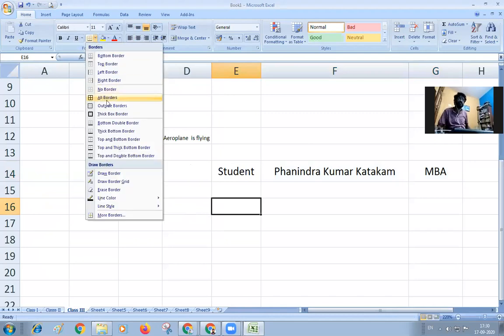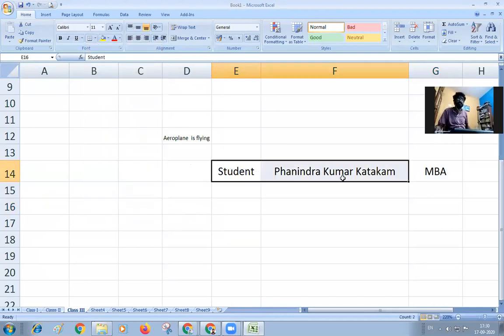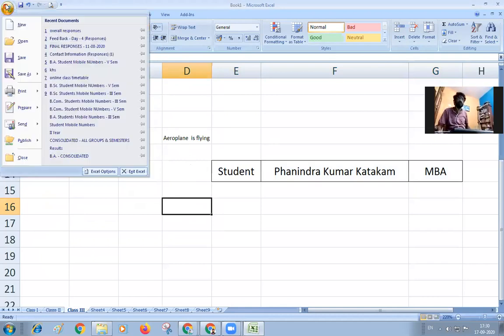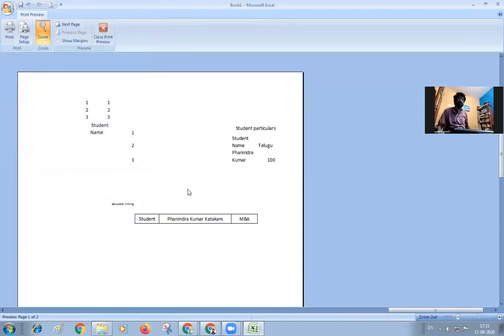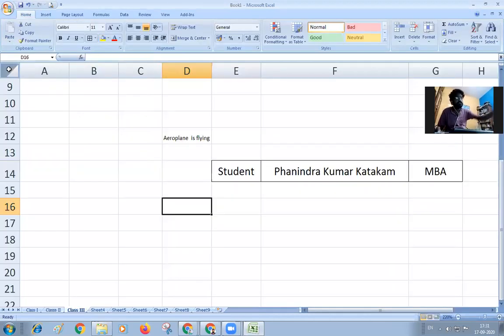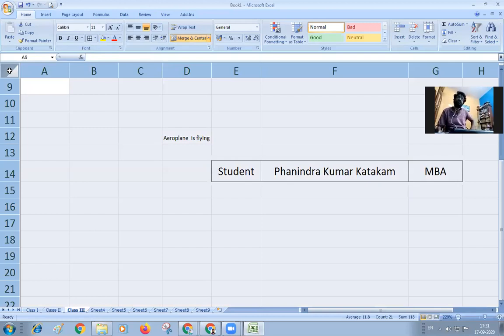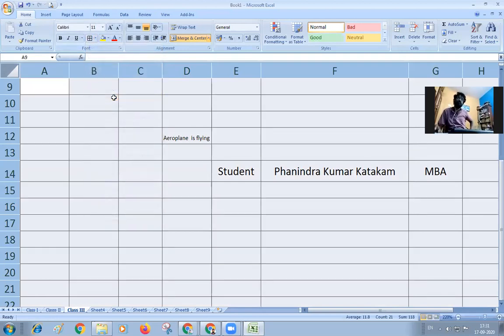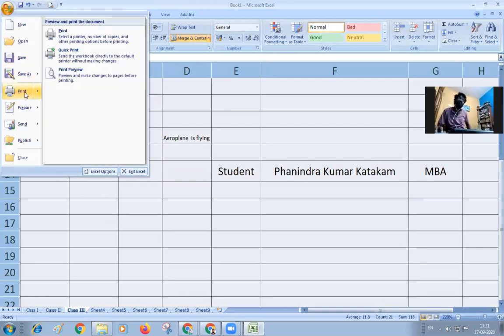Either you can also go from here. All borders. Select the text first, click here, you have the borders option and all borders. You have got the borders here. You can see in the print preview the borders are there. If you want to apply the same for all the text, directly click on this button. You can see this tab, semi half circle, right angle triangle, circle. Click on this one, and the whole spreadsheet will be selected. Then click on this and select all borders. Then you can see all borders are available now.